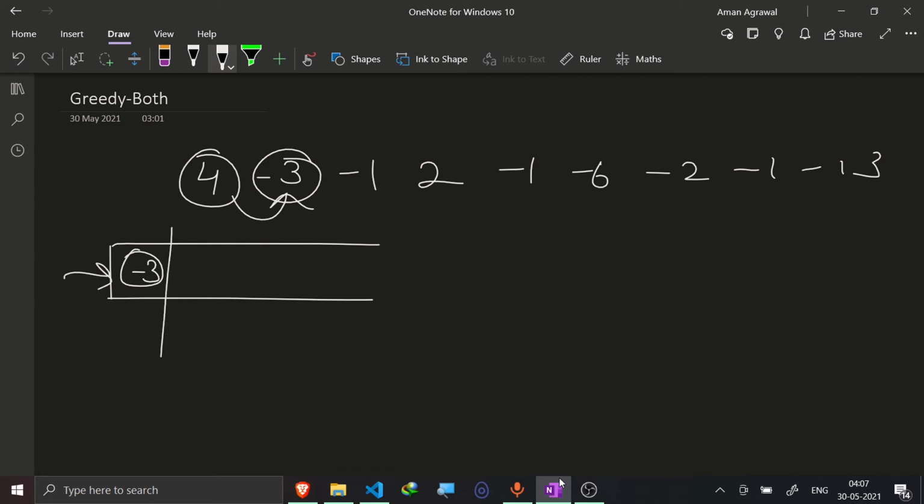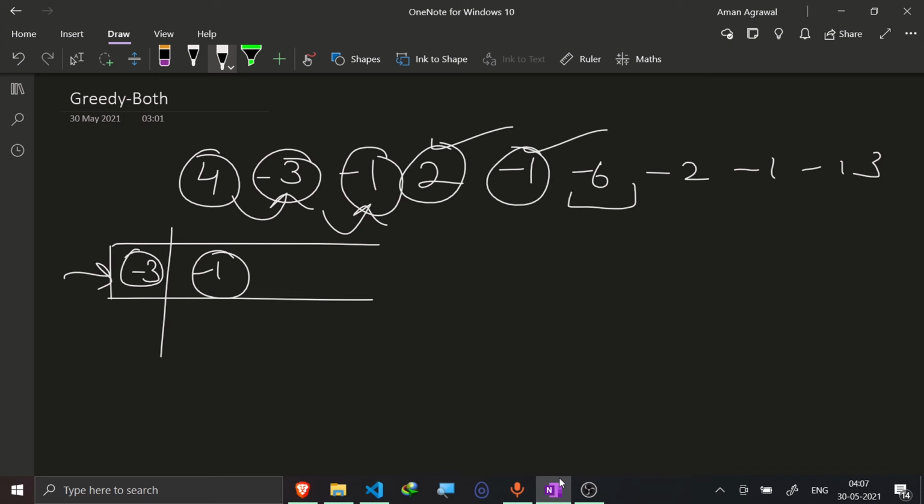my data structure, and then I would go to this, as I can see that I can also take this one. So I would take this one and also add it, and then this is positive, so I would definitely take this, then I could also take this, but at this position I could not take this. So I would check whether there is any element which is smaller than this, because if I am not able to take this element I need to free up space so that I could take this element.